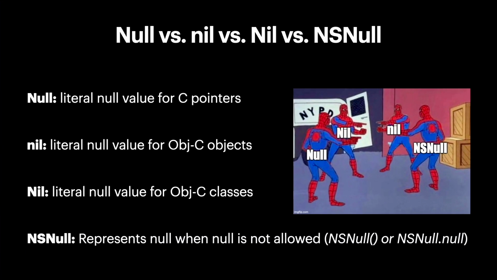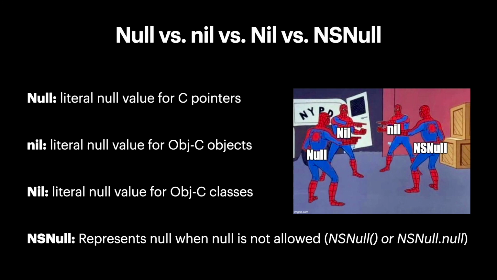Starting off, we have this weird mess. There's null and nil again, and there's NS null, and they're all very different things that all look exactly the same, at least to me. So if you want to read through these definitions, you can, but just the brief rundown is capital N Null is just a result of C pointers. It's kind of this issue with C being the grandpa of Swift, if you will. They're all kind of different flavors here that all just mean nothing. So this is like chocolate nothing. This is vanilla nothing. We got strawberry nothing. Whatever your preference for nothing is, they're all very, very different, and you would need to know exactly what each one does because they're all separate except they look the same. So that's not an issue at all.